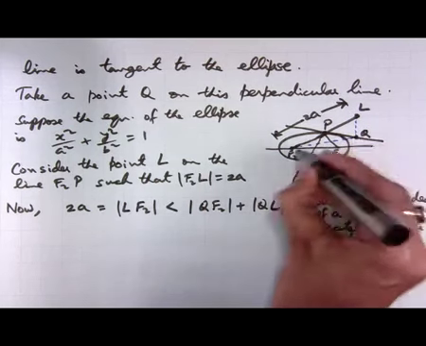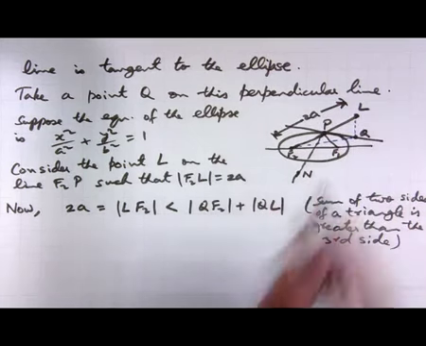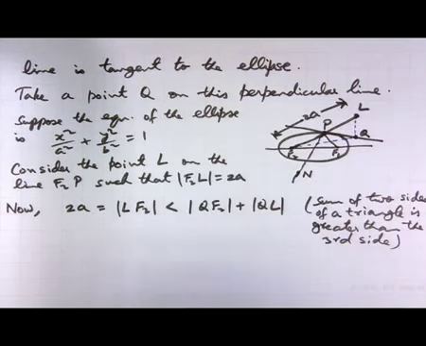So, Q F2 plus Q L is strictly bigger than the distance L F2, which is 2a,